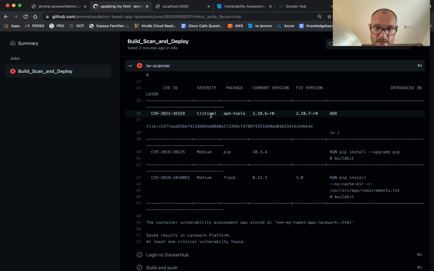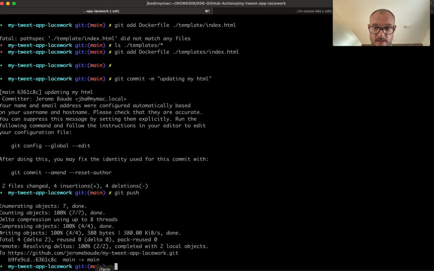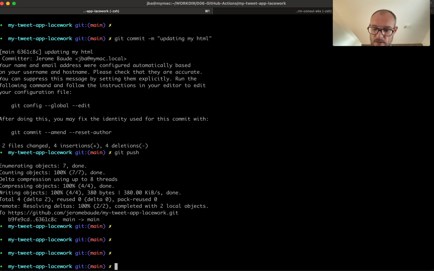So here, this is the critical vulnerability that we have already identified before on my laptop, but now it's failing at the CI/CD pipeline step. Okay? So it cannot be pushed into my production cluster. So I need to change things. This is what I'm going to do now. So for that,